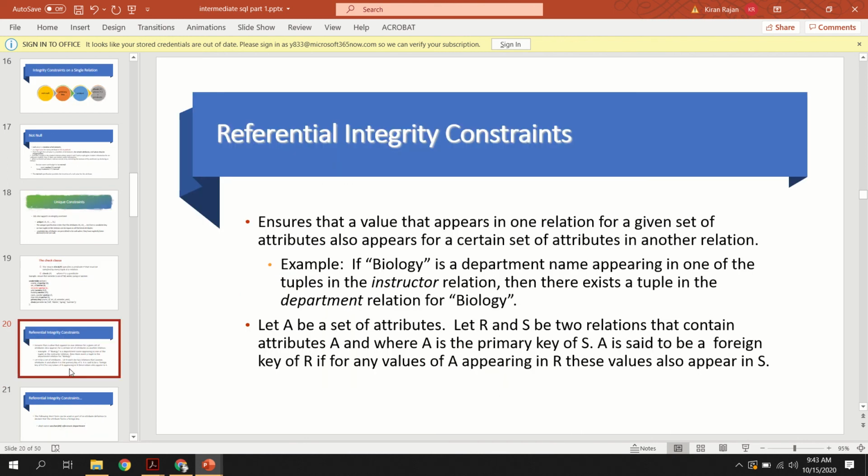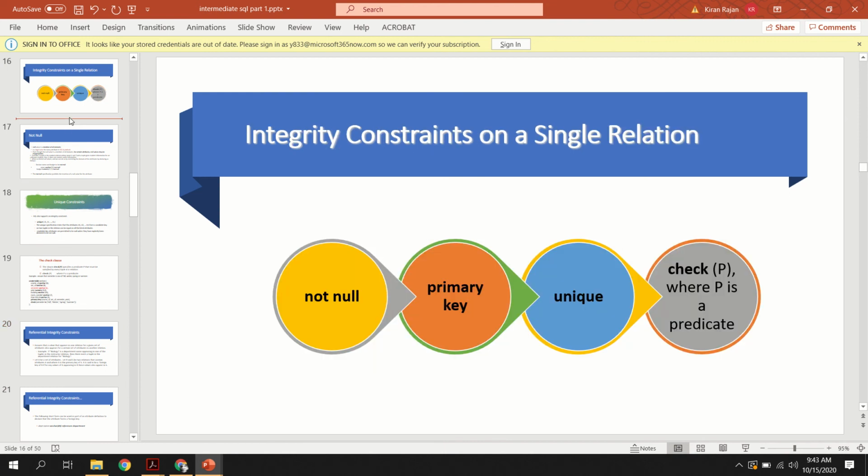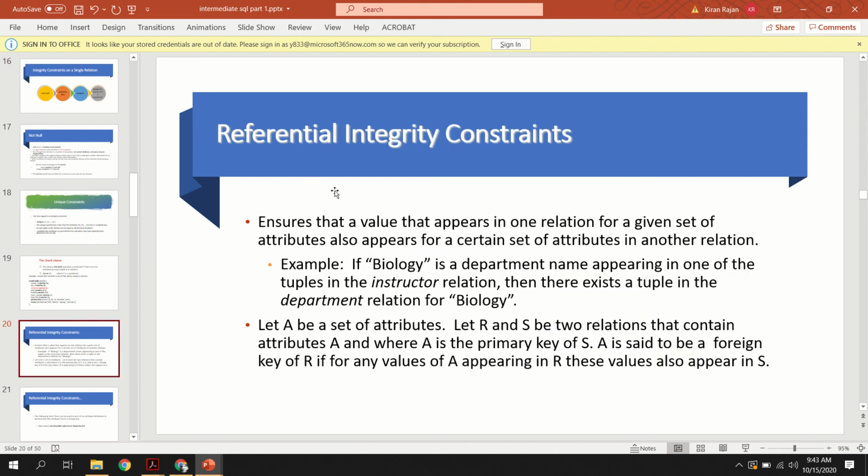And the last one, primary key. We already studied the primary key, so I am not specifying it in detail. You know the meaning of a primary key and all the other details, which you can write in your own words. Then referential integrity. Referential integrity means our foreign key concept. We already studied the concept of foreign key also. That means suppose you have two tables, and suppose there is a